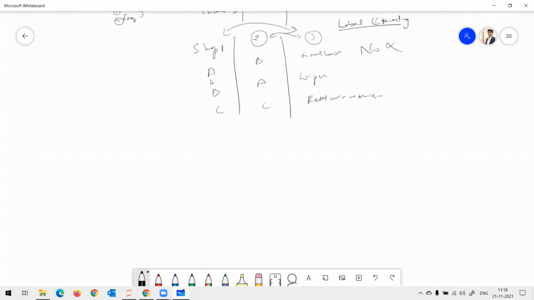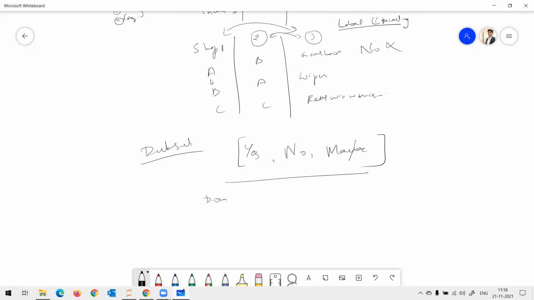So here in our data set, most of the columns have yes, no, and maybe, right? So we are going to use this concept of label encoding to convert this yes, no, and maybe, or I don't know, to 0 for maybe, followed by no to 1 and yes to 2.